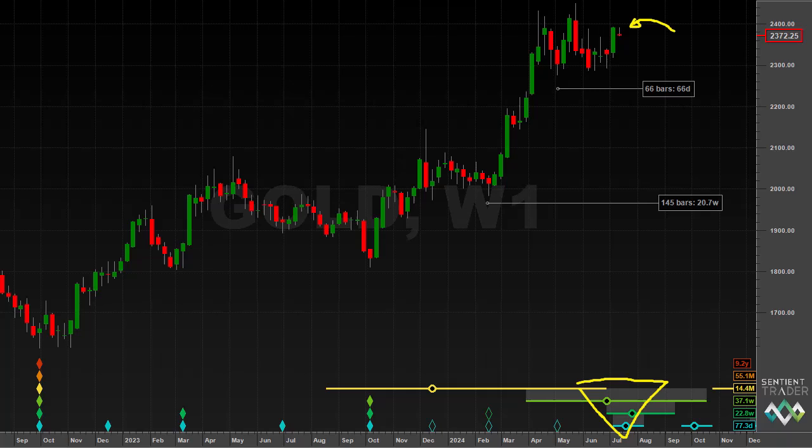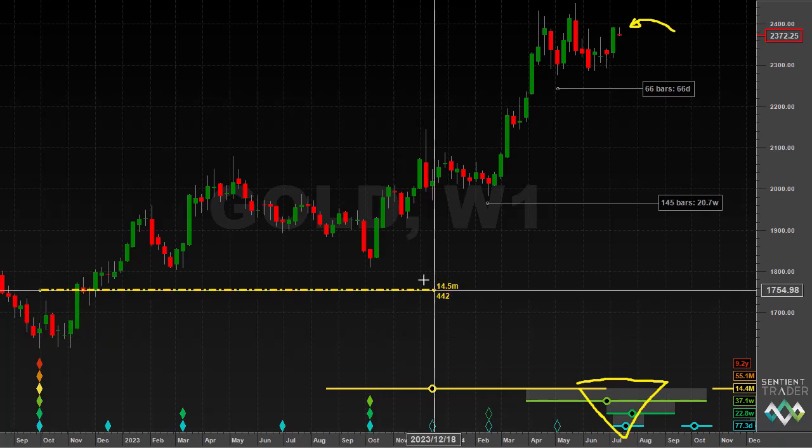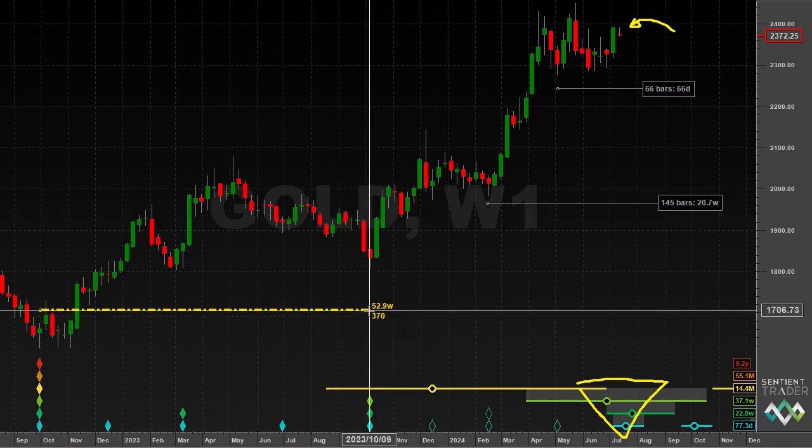This was the analysis that we were considering with an important cycle trough back here in October of 2022. We then had a 40-week cycle trough over here at a slightly awkward length of 370 days. The average length of a 40-week cycle, discovered by Hurst so many years ago, is 272 days. And so at almost 100 days too long, this is an awkward position for the 40-week cycle trough.